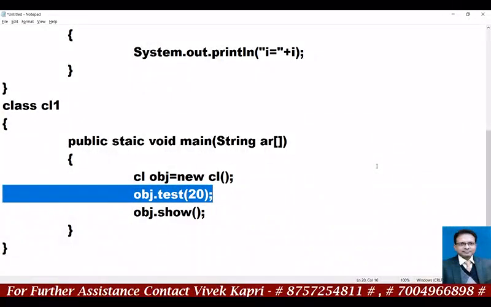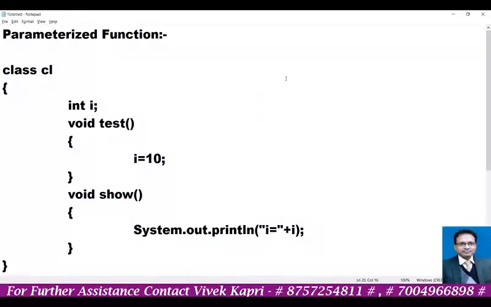So at the time of calling, as we pass a value within it, there must be a variable in the body of function that will receive that value 20. The 20 is integer type, so the type should also be the same. So here I am using int